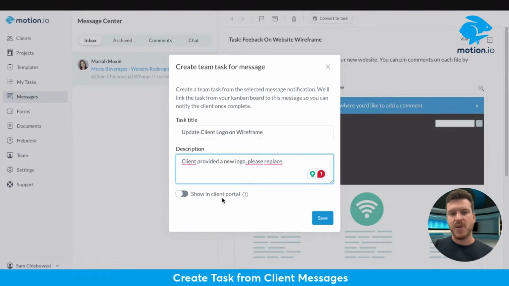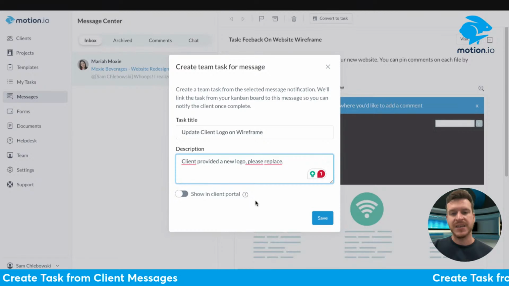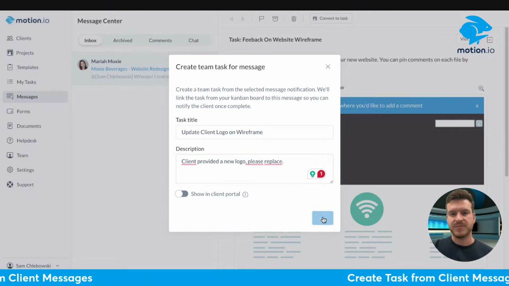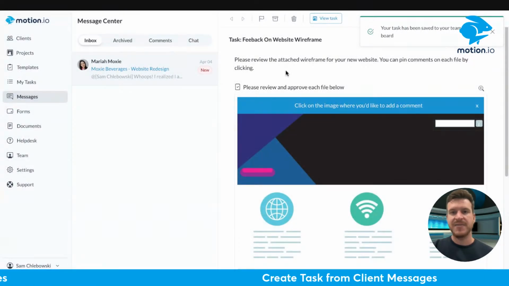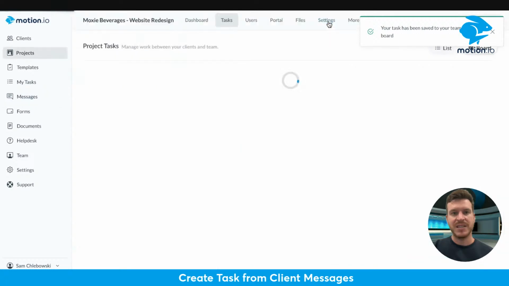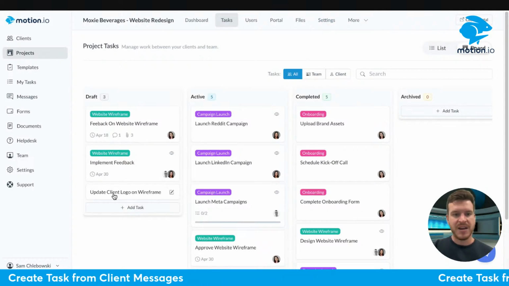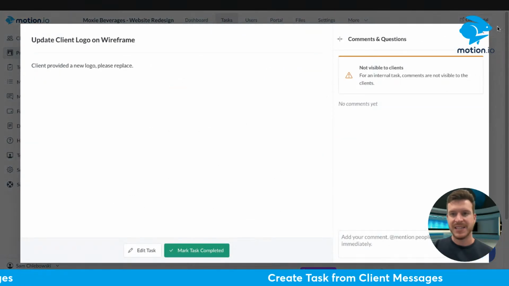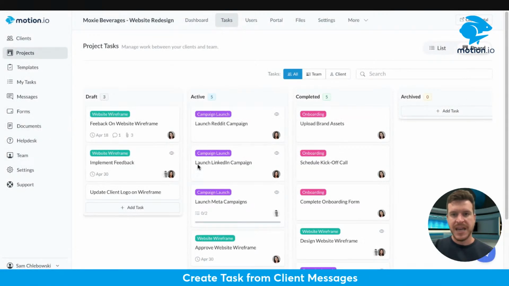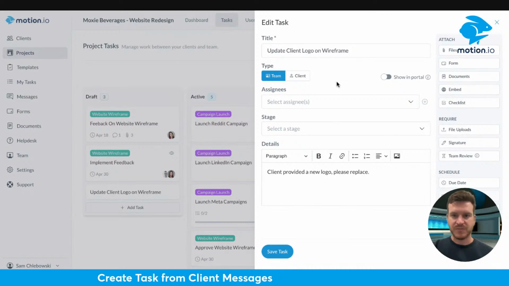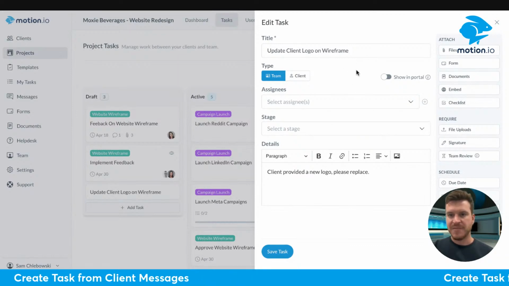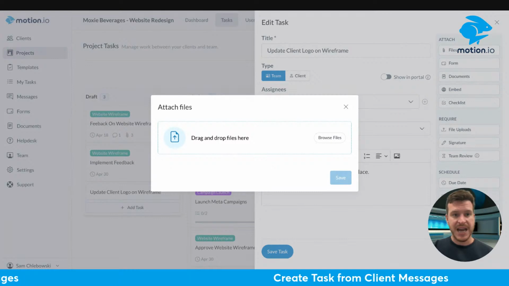I also have the option, if I wanted to, to show this in the portal. But for now, I'm just going to leave this toggled off. So I'll go ahead and click Save, and then click View Task. And what you'll see is that, great, I have this task that I created from that client message. And let's say, after this client, Mariah Moxie, sends me her logo, I can just grab that,